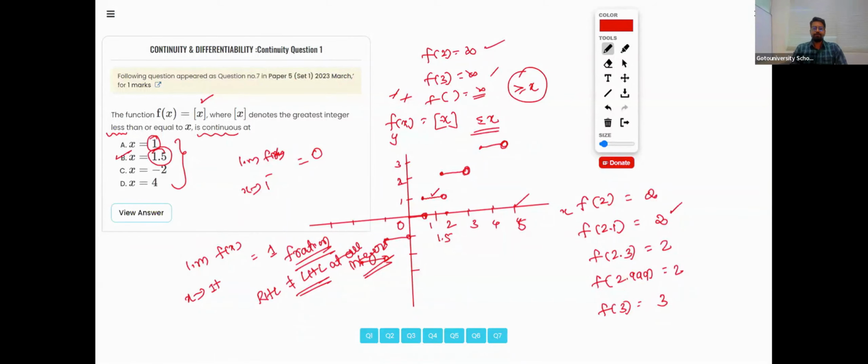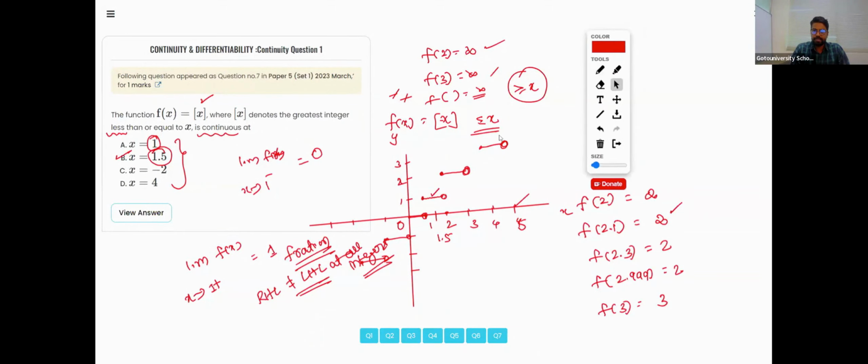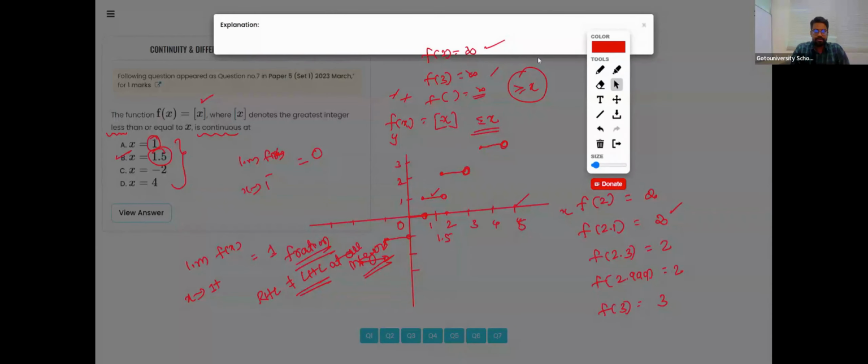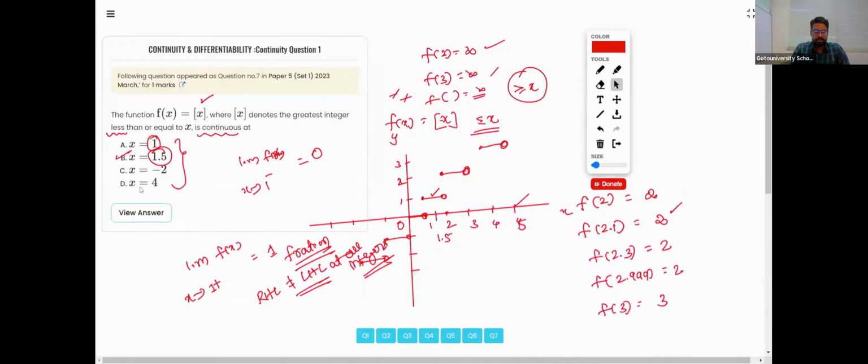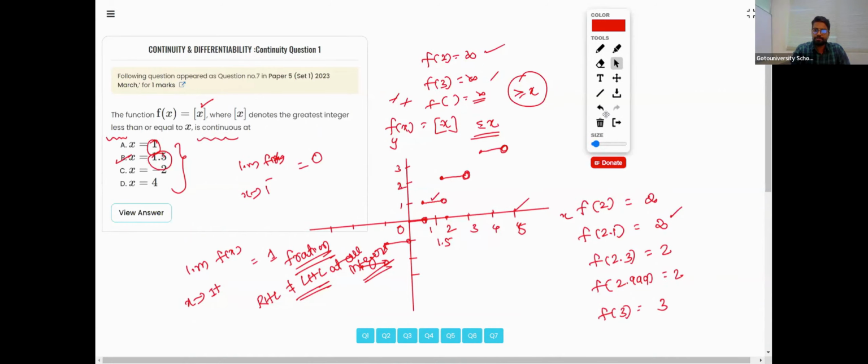Let's see how they have explained this answer, shall we? Shall we check the explanation, and is it in line with our solution? Okay, this explanation is not here. So as it's a multiple choice question, the answer should be taken directly. It's not given here. The answer is simply option B, which is